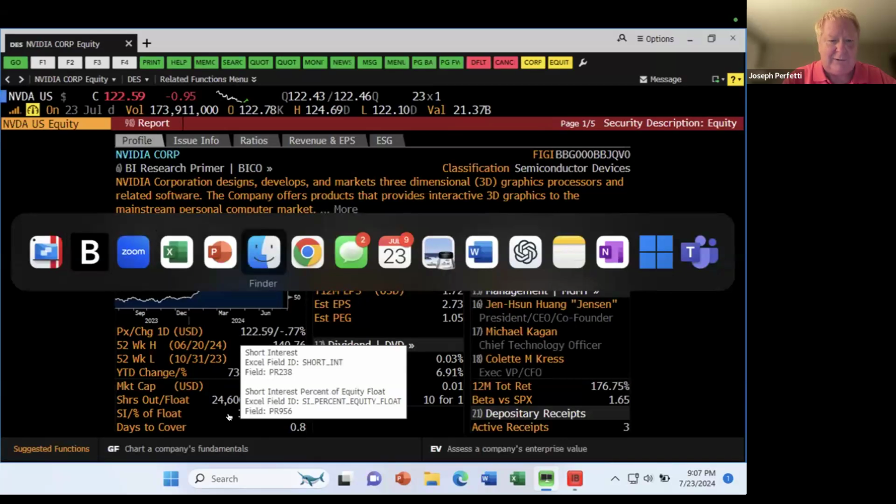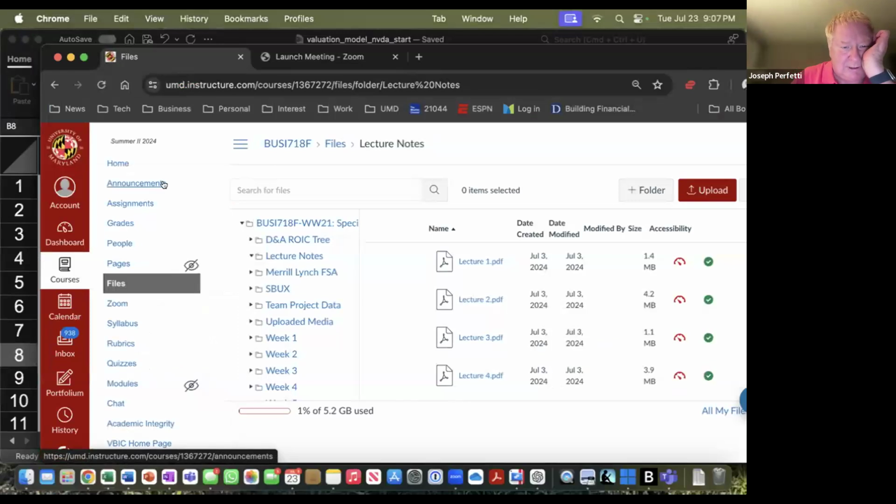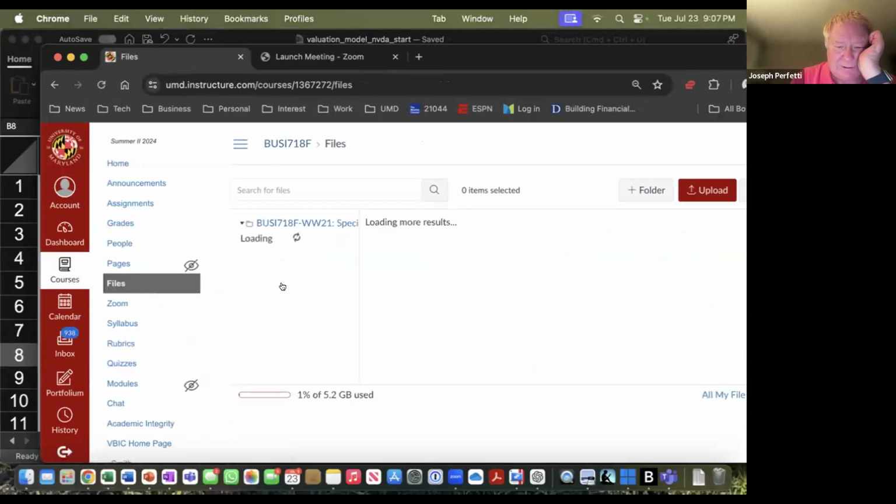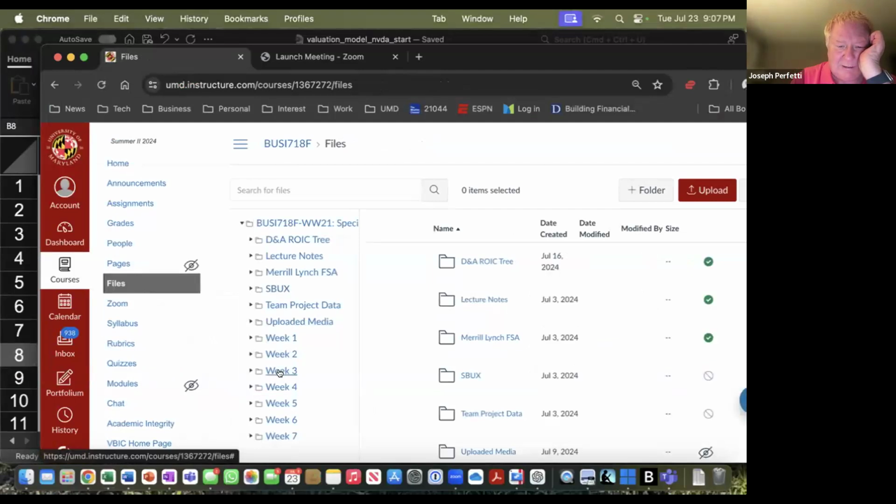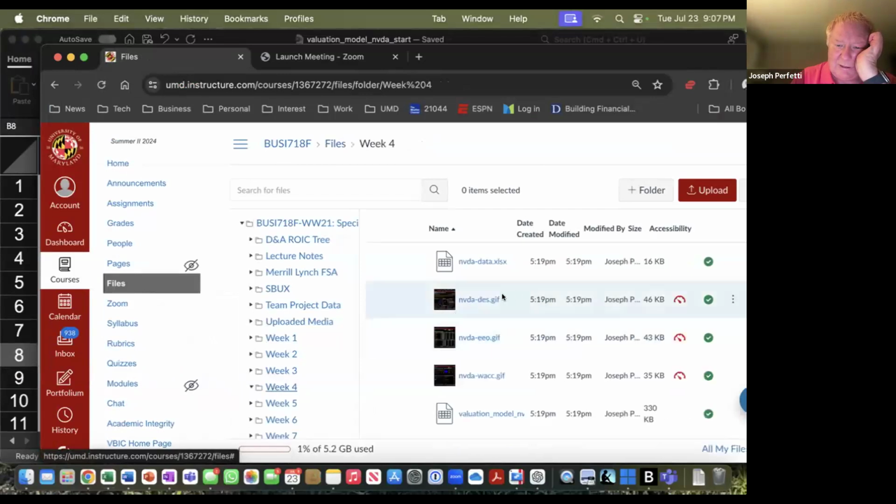into the files folder in week 4. There's that DES screen. I took a screenshot of it earlier today. So that's the screenshot that I'm referring to. Okay. I'm going to do 2 more screenshots that I'll talk to you about. Those are these 2. But we're going to get these 3 screens worth of data to make sure we have